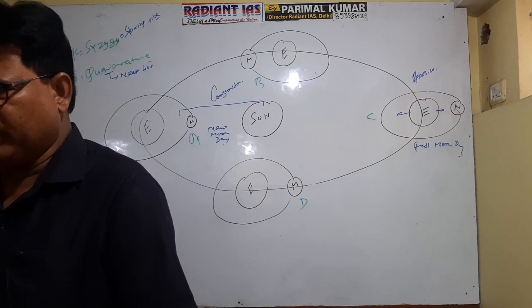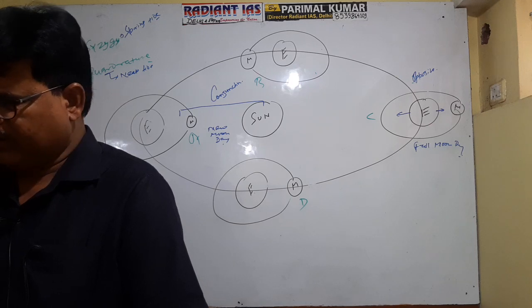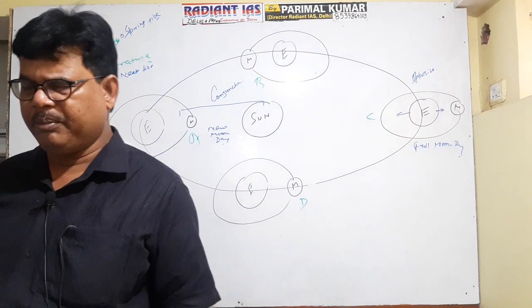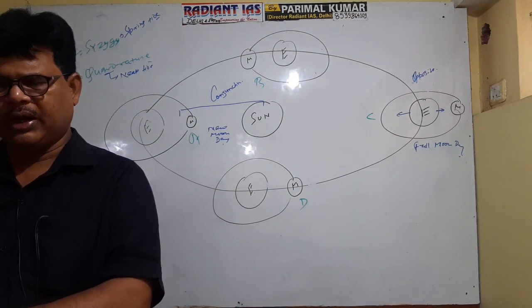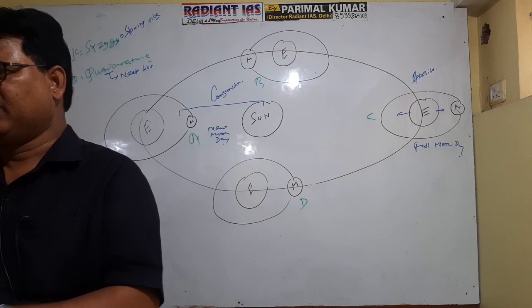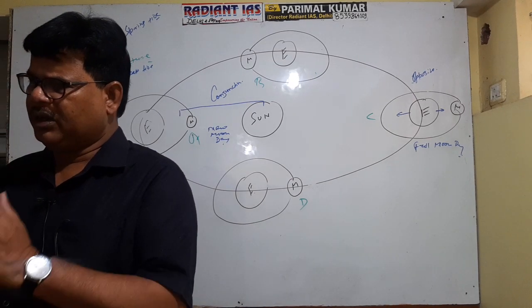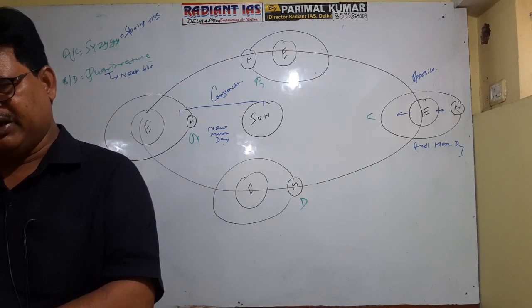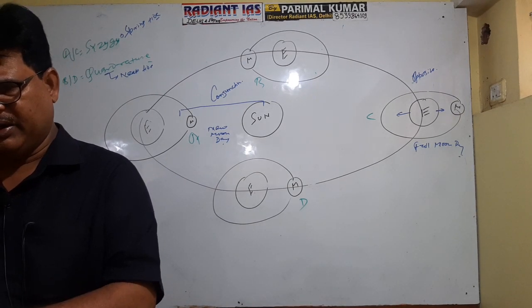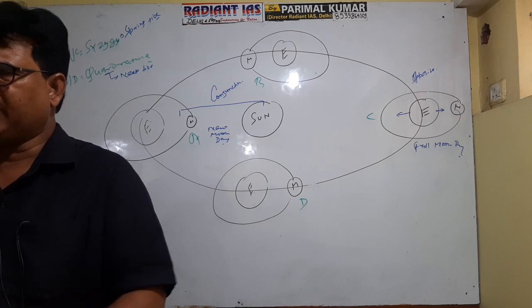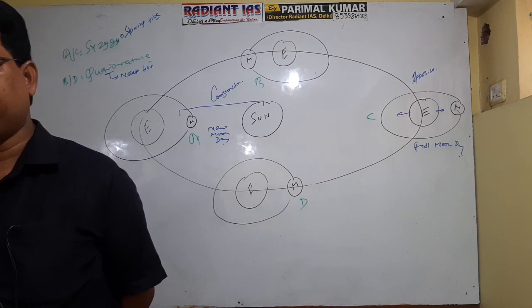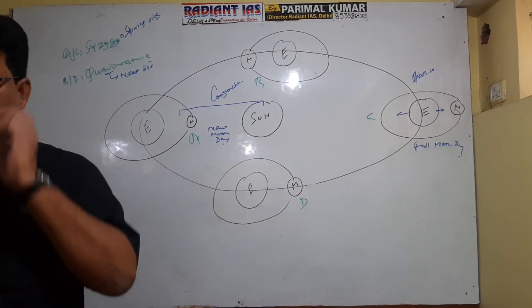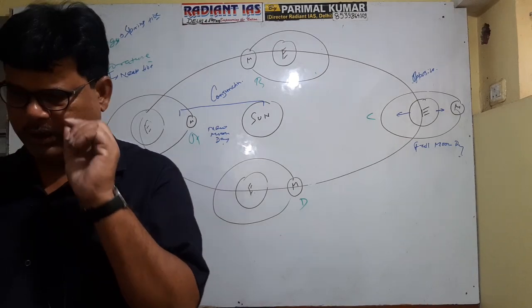He only calculated the axial pull exerted by the moon and the sun, whereas several celestial objects exist in the universe. They would also have been exerting axial pull, so he neglected this factor. At the same time, the theory is not capable of explaining why the frequency of tide in the English Channel is more. The frequency of tide in the English Channel is twice that of other coastal parts of the world, so this fact cannot be explained on the basis of equilibrium theory.